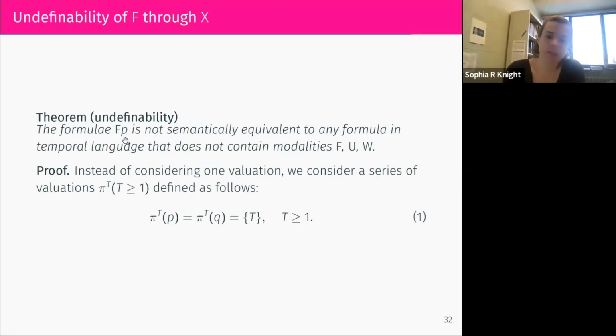So we can't define F, and we're thinking of F and G as the same thing. So G is included and that's it. So you can't define F in terms of a single formula that contains X's or any Boolean combination. So intuitively, this is fairly obvious, but it's tough to prove. And so what we're going to do is consider a countable set of models. So basically, we have P and Q, and in any model, we're defining a model for the number T, and P and Q are only true at point T, no other points.